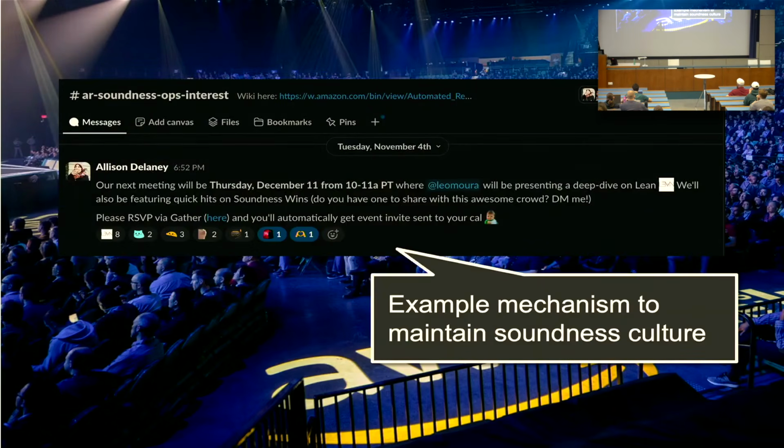So one of the things we do at Amazon is we have a quarterly meeting where we randomly choose one of the automated reasoning teams in Amazon, and then they present their soundness strategy to all the other automated reasoning scientists. Right? So here, it's being announced that the next one will be December 11th. This is an internal thing, you can't attend, but. Well, I think I saw one or two Amazon people, so you can. But anyways, this time it's Lean.